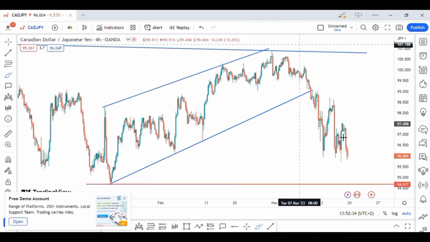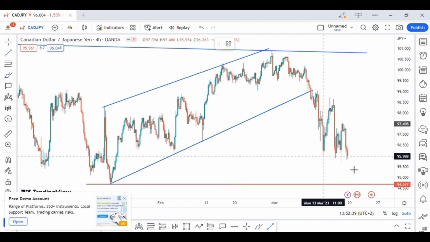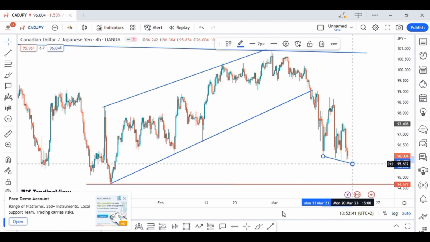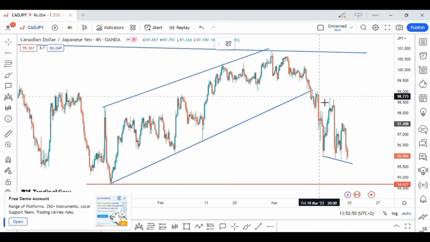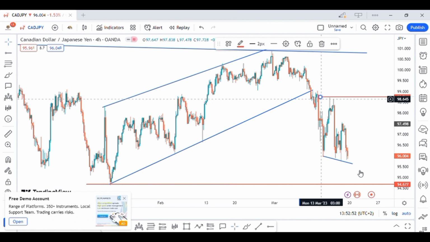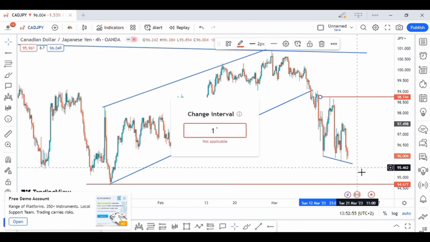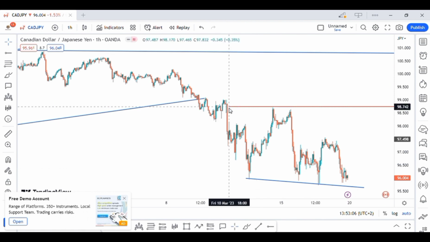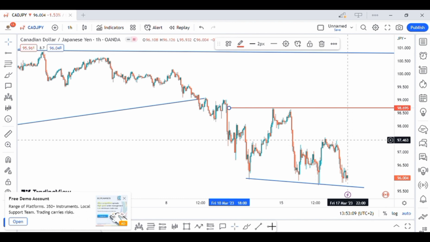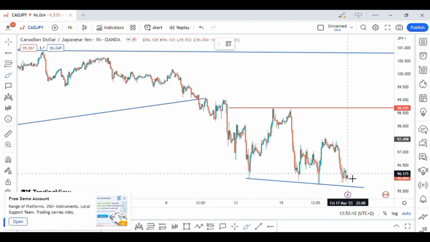As you can see, the CADJPY and the USDJPY are correlating pairs. They move in similar fashion, even though they're slightly different. So the CADJPY and the USDJPY could be giving us the same market nature. Now let's mark that high there and go to the 1 hour time frame. Let me move inside the structure. We have to move into a correction and refine it. You can see we had that high there. Nothing is yet confirmed from the top of the structure, and then